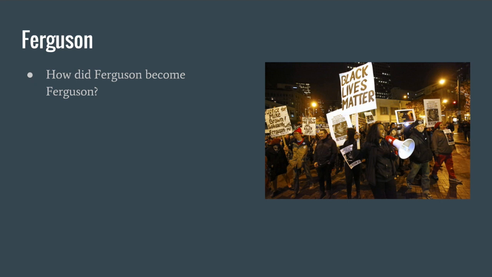Ferguson is a suburb of St. Louis in Missouri. And from about the Civil War to the early 1900s, St. Louis had a small yet somewhat integrated black community. But with the election of Wilson in 1912, who was an ardent segregationist, more federal policies began to move towards segregation. Wilson, for example, resegregated aspects of the White House that had been desegregated under his predecessors. So he's not such a cool dude in that way.